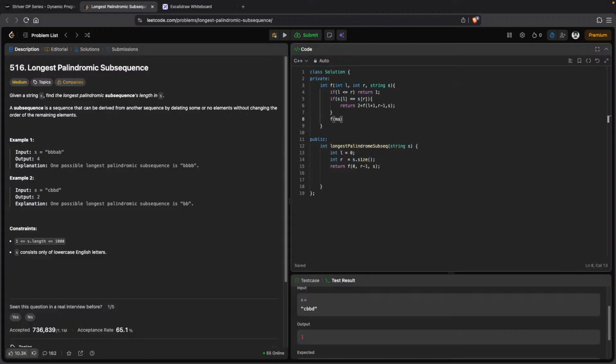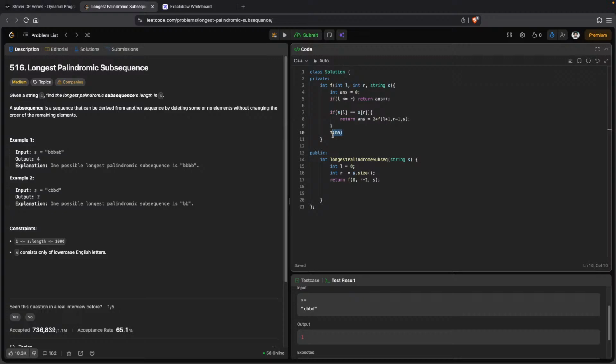I think I have to give the answer 0, and here answer is equal to answer plus 1, and if it is true, then it will increase the 1, and here I can also give the answer,